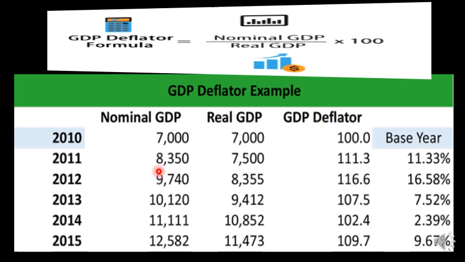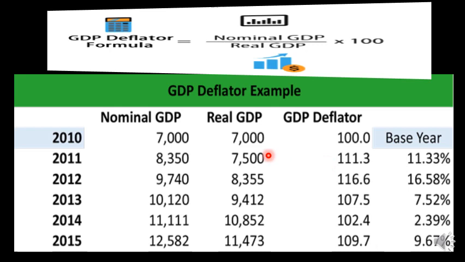So you see here there are different time periods given. 2010 is the base year and the index of 2010 is 100. So in the same year 2010 the nominal and real will be same because the base year index is 100. Even if you put in the formula, you will get the two values will be same. So there is one point that you got here, that in the same year, because this is the base year and the index is 100, the two values of nominal and real will be same.